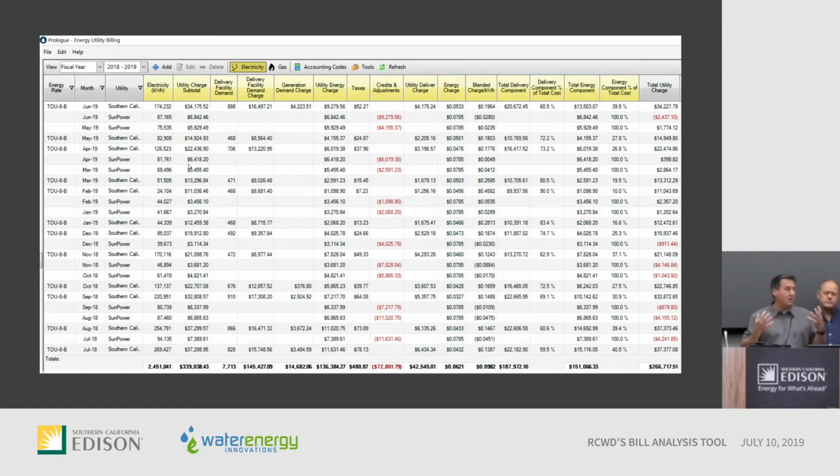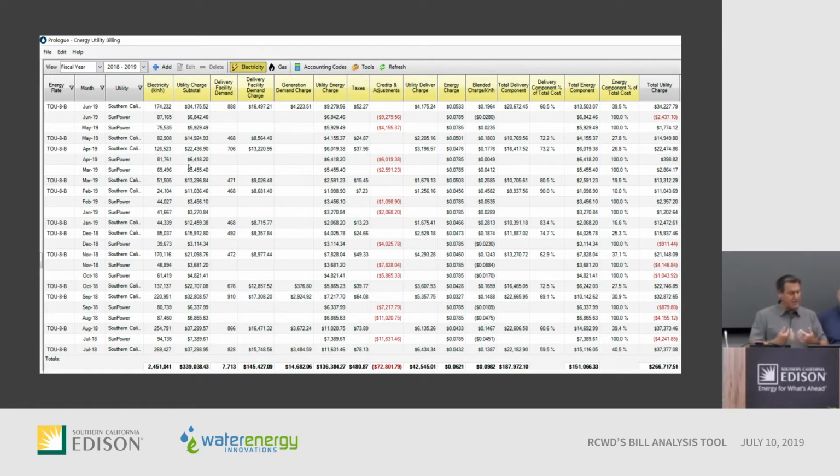What I always wanted to find out, and you've got all these rates, and I had the reps a hundred times telling me, okay, this rate means this, and this is what your charge is, and if you go here, and I wanted to say, what do I pay for the electron? How much of my bill is the electron, which is actually going to spin something, and the other part of it is just because you've got to build infrastructure, right? In the water industry, you've got connection fees and all the service fees and all that stuff. Edison's got the same thing.